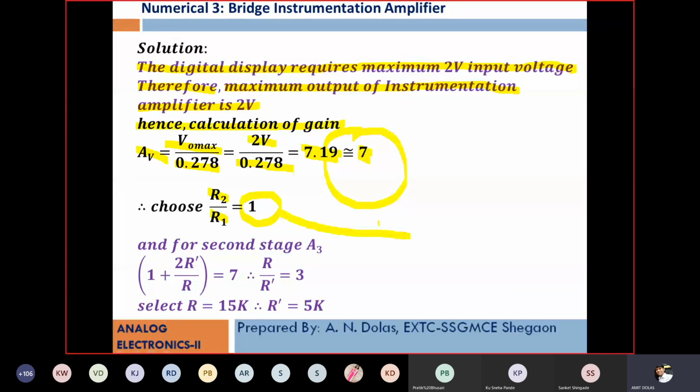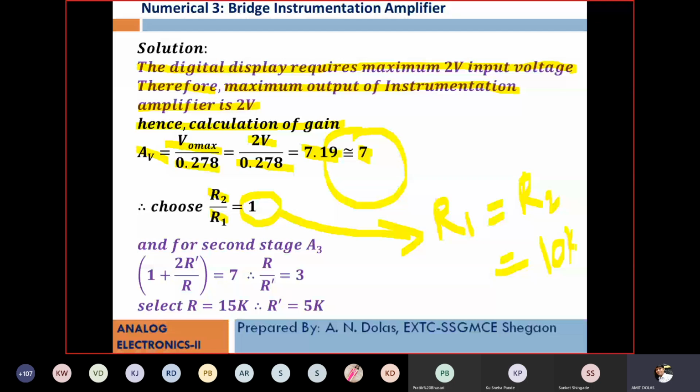That is, you can say that R1 is equal to R2 is equal to say 5k or 10k, any value, say 10 kilo ohm. Now for the second stage A3,